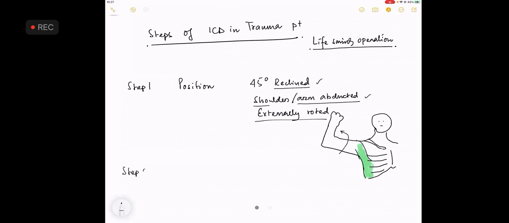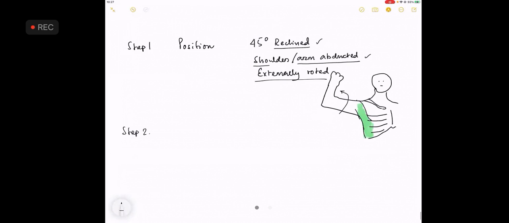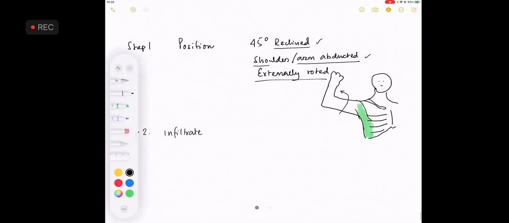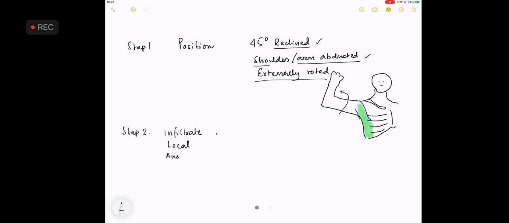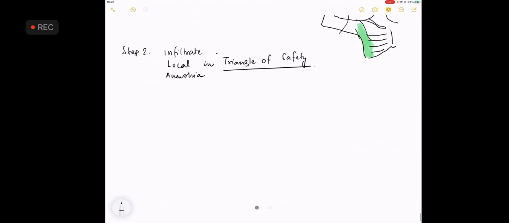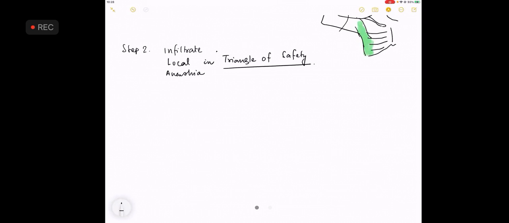Step 2 is to infiltrate local anesthesia in the triangle of safety. Now, what is this triangle of safety? The triangle of safety is bound by 3 lines. What are they? They are usually the